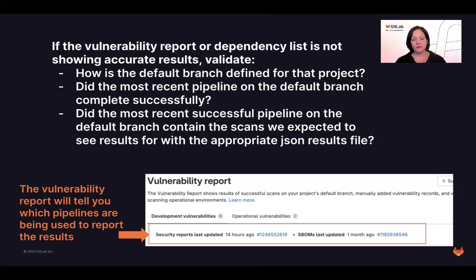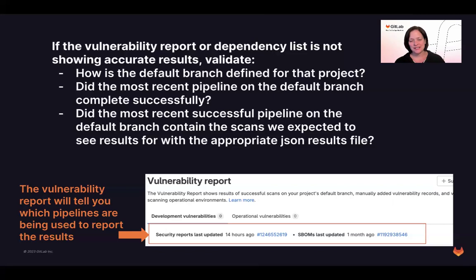The good news is that the vulnerability report will tell you which pipelines it's pulling the data from. So you can go and see the security report pipeline to see which scans ran, validate that JSON files were uploaded successfully. And then for the dependencies, for the SBOM, you will get the most recent pipeline for that as well. In my case, I removed the dependency scan after I had run some pipelines.